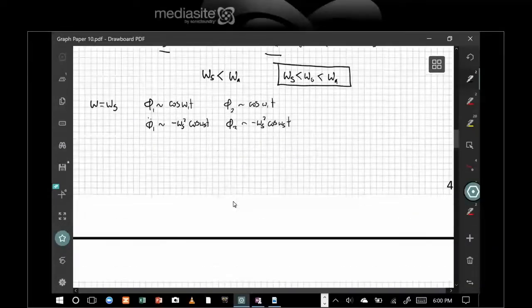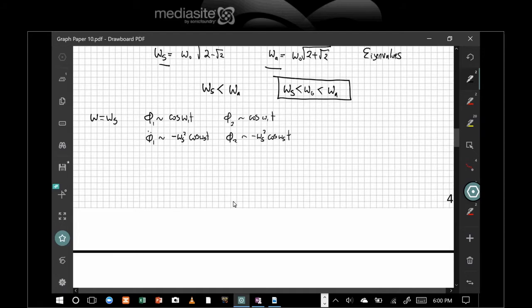Okay, now if I do that, what we're going to get is something that looks like, I'm going to put phi1 double dot and phi2 double dot into those two equations. The first equation looks like 2 omega s squared phi1 plus 2 omega naught phi1. Now, in essence, what I'm doing is I'm actually trying to get the eigenvectors. This is just a way of getting the eigenvectors out of this. Okay, that's from the first one. And then the second one is